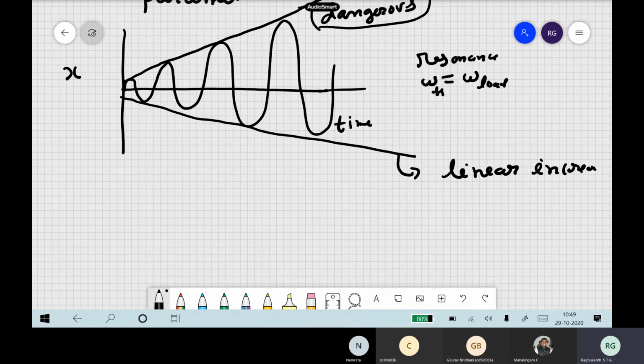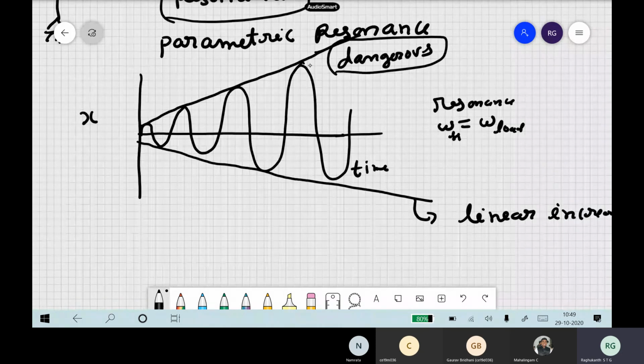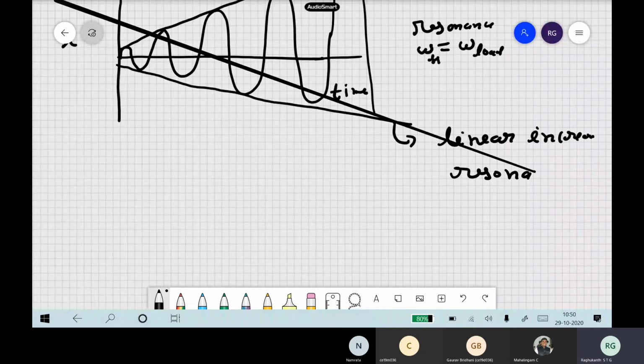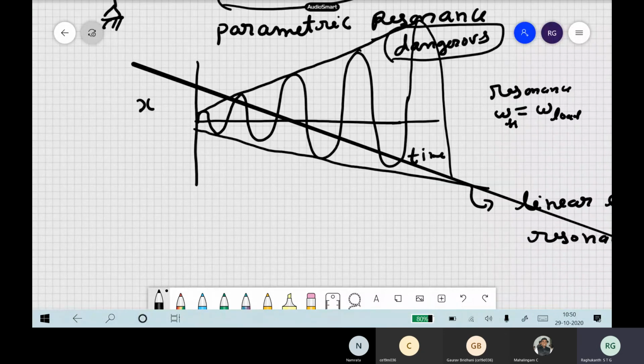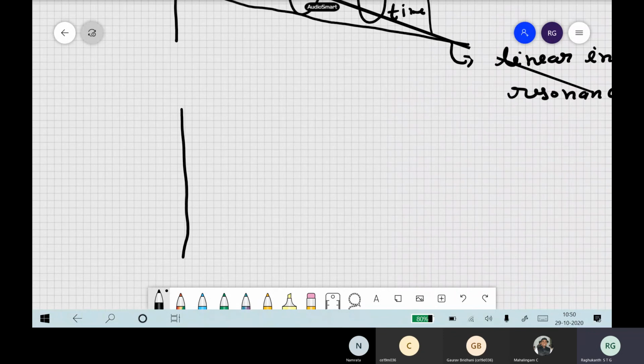You can see the textbooks. So when omega is equal to omega d, and if you try to plot the solution, the solution grows, but the amplitudes will grow linearly. So this happens at resonance. But now in stability problems, apart from resonance, we have what we call parametric resonance. I will show you some examples also. So this is resonance, linear growth. But parametric resonance is very dangerous, and it comes only in buckling.